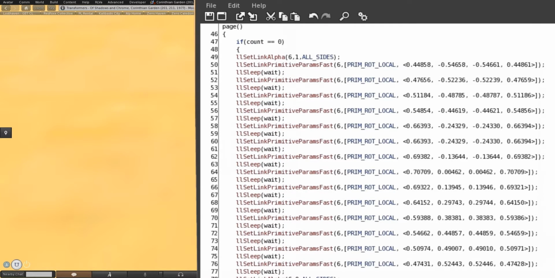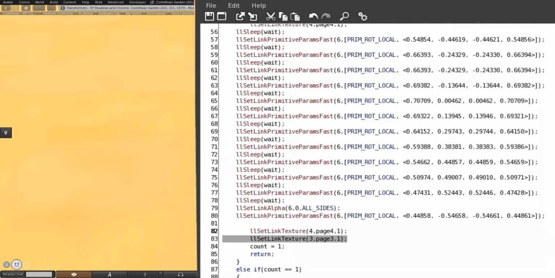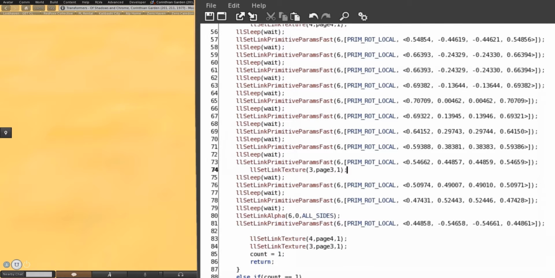Well, to figure that out, there's a few ways we could do it. One of them would be to just copy and paste them into a point in here and figure out